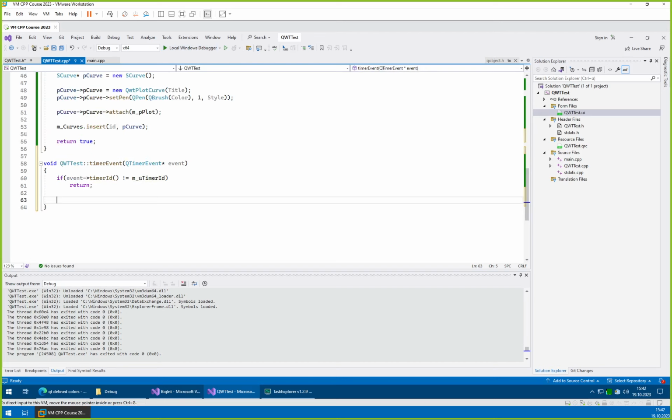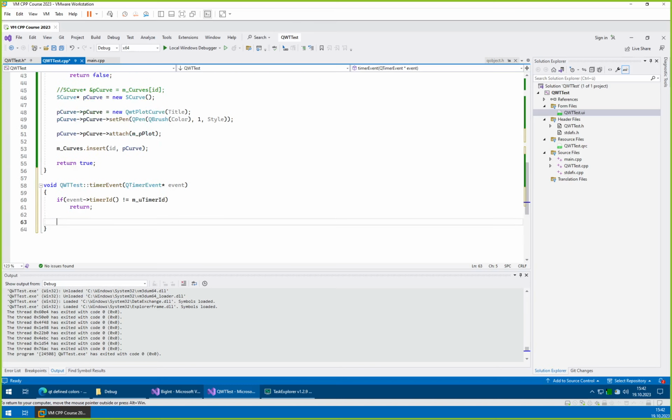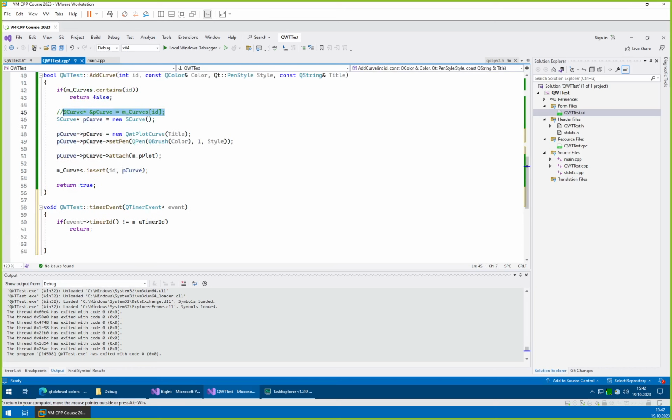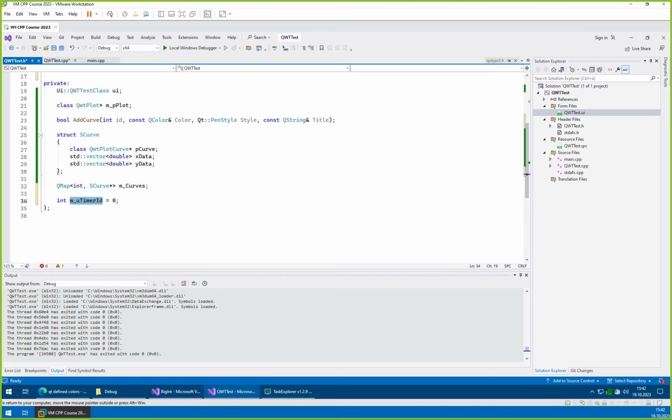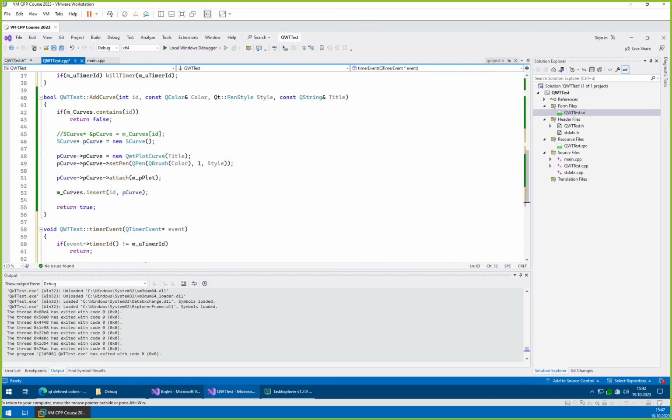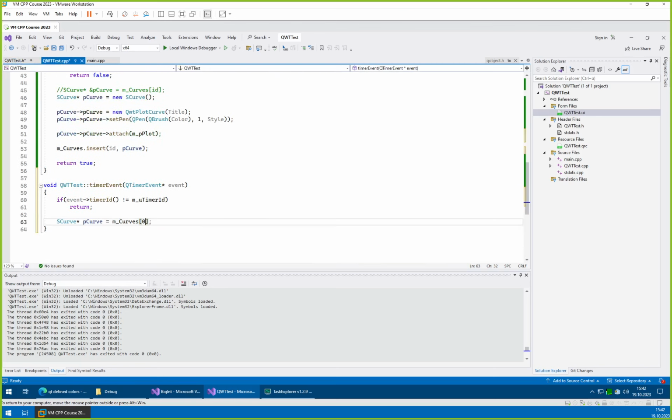So one thing we need to do is we need to find our curve. So let's go with this line just without the reference, since we don't need it, and we just have to specify the 0. I mean, alternatively we could of course implement a function that gets us a curve by a given ID, but that would be just a small wrapper for this single line, so this really is not necessary currently. So let's go with xData,